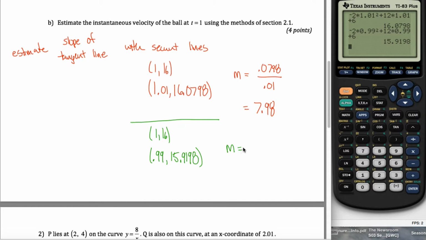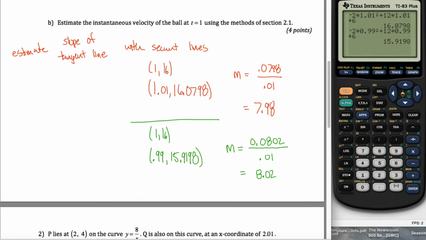So I can calculate the slope as the difference in these two values. 16 minus this number is 0.0812, 0.0802. And this number minus this number is 0.01. And if I divide the two of those, I get 8.02. So one secant line told me that the slope of one secant line was 7.98. The slope of my other secant line was